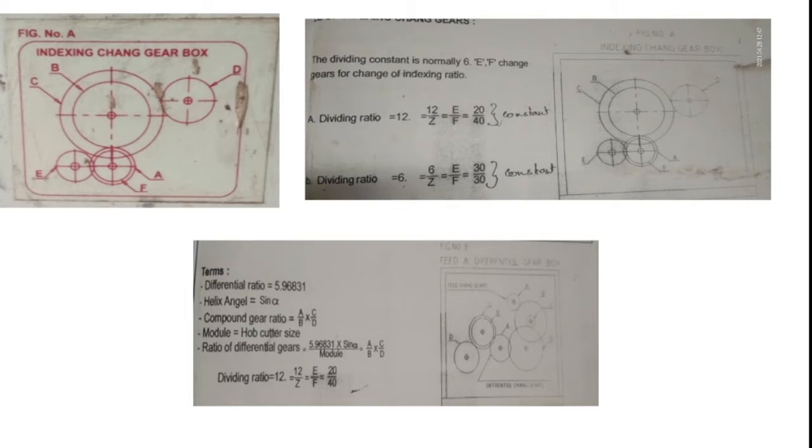According to this exercise, the number of teeth required on the gear profile is 14, so I consider 12 by 14. According to the table given by the gear hobber manufacturer, E by F is equal to 20 by 40. So I change the gear wheel teeth to 20 on the corresponding E wheel and 40 on the corresponding F wheel. Based on this change I can get the dividing ratio. And for a dividing ratio of 6, I can utilize the formula 6 by Z. For this I can choose the E wheel and the F wheel gear ratio as 30 divided by 30.